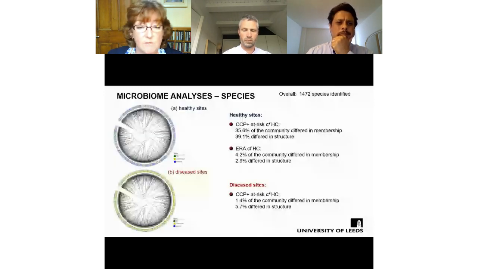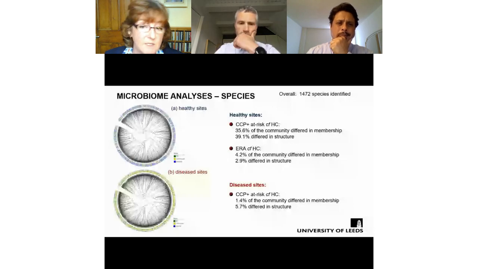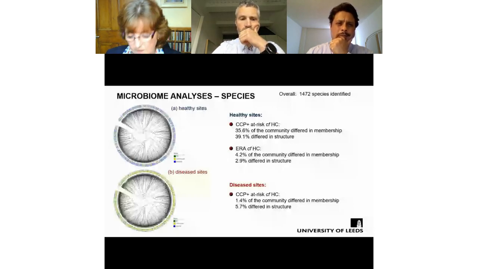And I should say this, one thing we think this may be related to is the fact that they're on treatment, and some of the DMARDs actually exhibit some antimicrobial activity as well as potentially moderating an inflammatory response. So again, looking at the species, Jan looked at the difference in membership and structure,